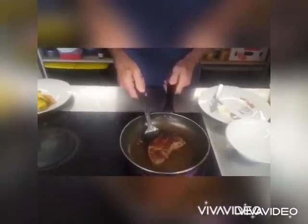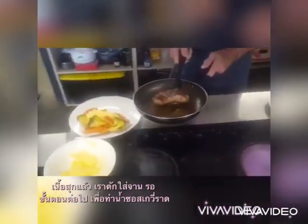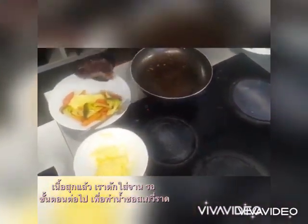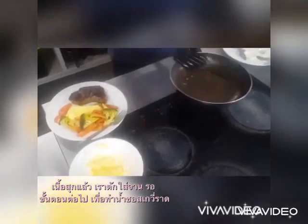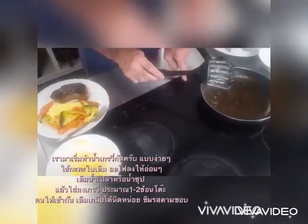Okay, so the steak is now done and we're going to remove that from the pan and leave that aside on the plate next to the vegetables and potato. We're going to put the pan back on the heat, reduce the heat slightly,